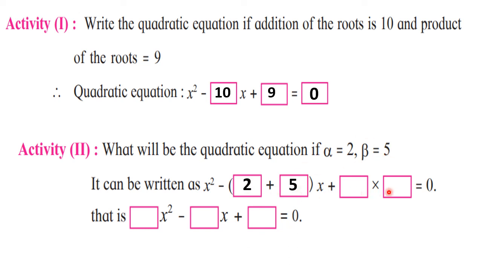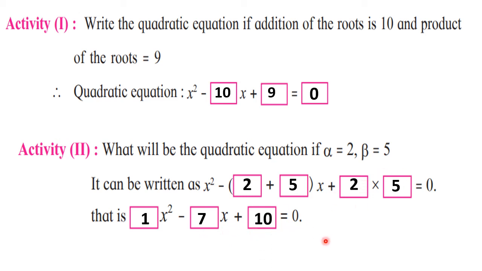And here you have alpha into beta. So again here you will have 2 into 5. And finally then you can write down the answer. Now here they have given 3 empty boxes. See, here you can find that there is no coefficient, but now here you need to write. So what you are going to write here? 1. Because whenever the coefficient is not seen here, it is 1 by default. So 1x squared minus (2 plus 5 will give you 7) x as it is given only, and 2 into 5 is 10.